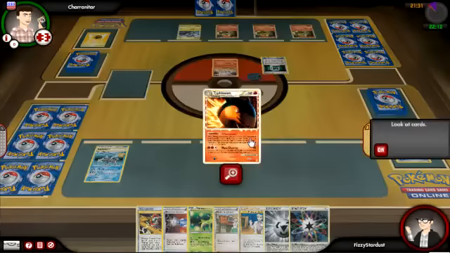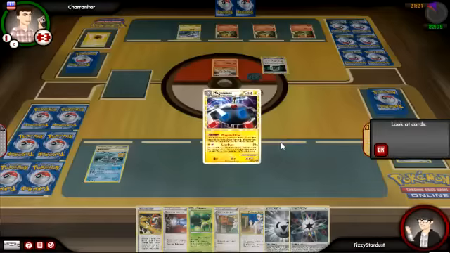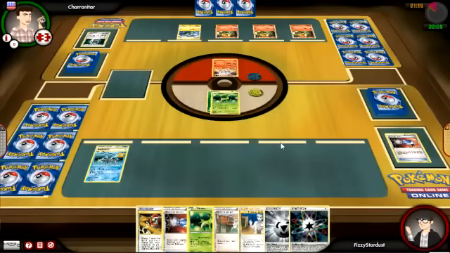He retreats into his Reshiram. He's going to Pokemon Communication away that Typhlosion, and he's going to search for a new card. Probably get that Magnezone now. See, it kind of wasted that Catcher, but I just happen to have one in my hand right now, so that's kind of nice. He's going to use Plus Power,